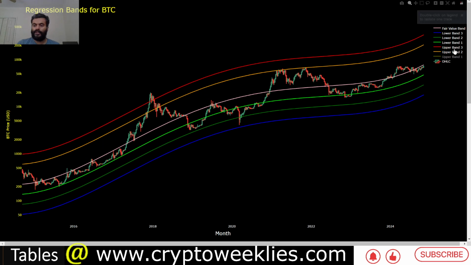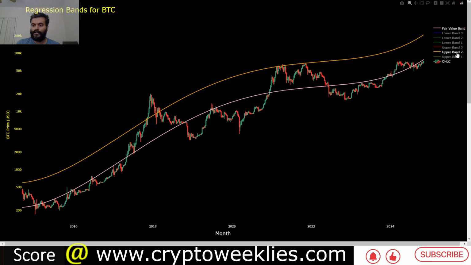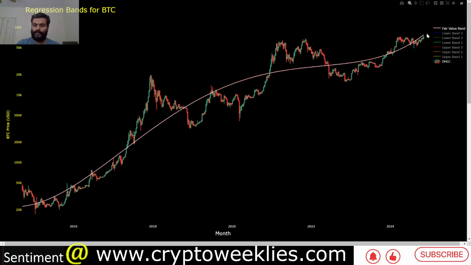Now the regression based analysis for Bitcoin, we can check what the price is doing in terms of the relationship between the price and the polynomial regression based function for Bitcoin. This pink line represents a fair value for Bitcoin. In the bullish phases of the market, the price is slightly higher than the pink line, and in the euphoria phases definitely a lot higher than the pink line. In the bear cases, again a price lower than this pink line.